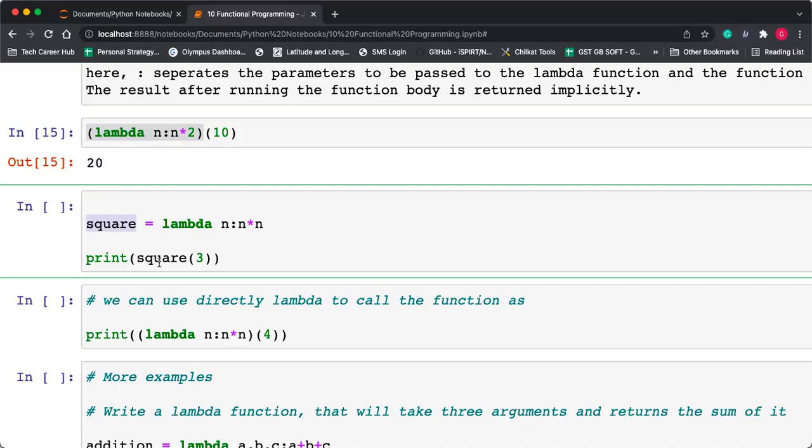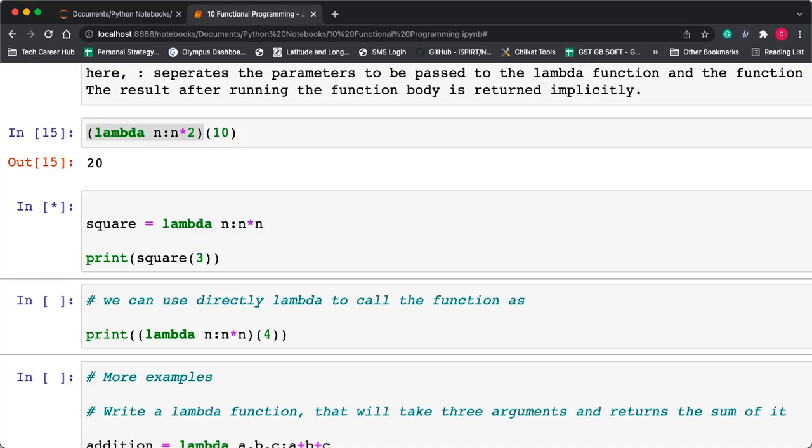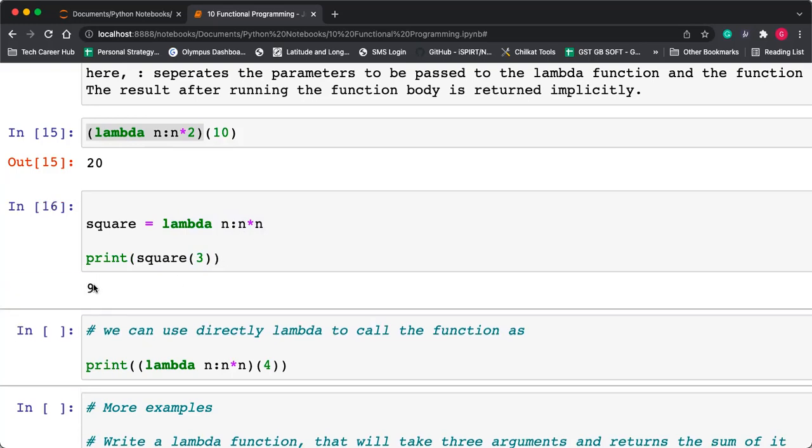Here, square is the function name, and you can call the lambda function simply as a normal function call. Square of 3 means lambda n colon n into n, with 3 as the argument. It will create the square. The output is 9.